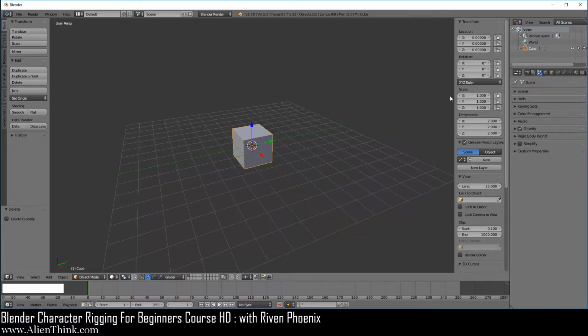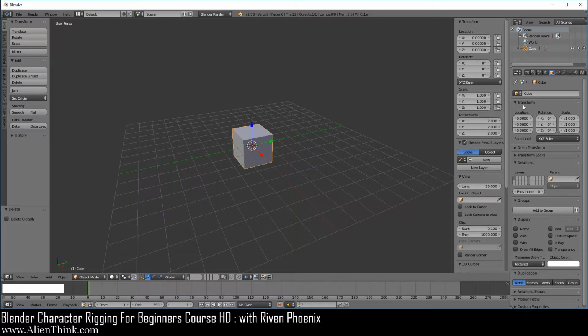Now, the first thing that you should know is that the location, rotation, and scale that is being shown over here is for the currently active object, meaning that if we click on the Object tab, it is this information that Blender is giving you access to where the 3D view is. It just makes it easier. So you can be switched on different tabs and still look at this information.